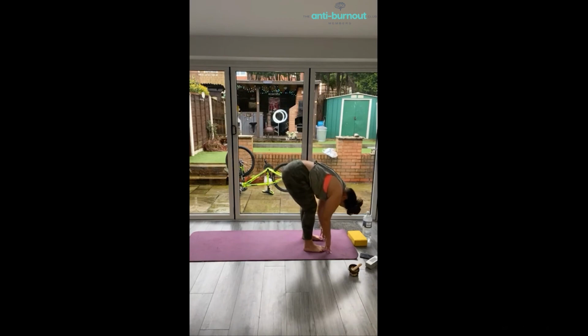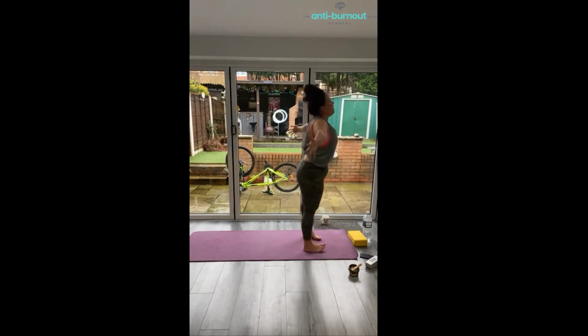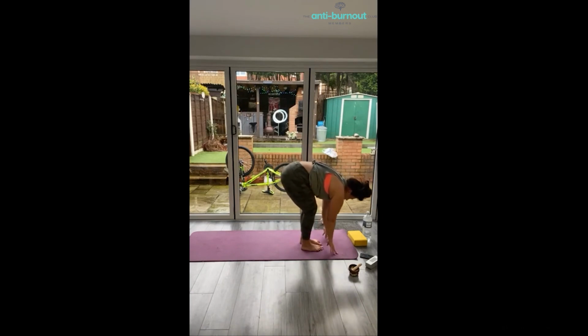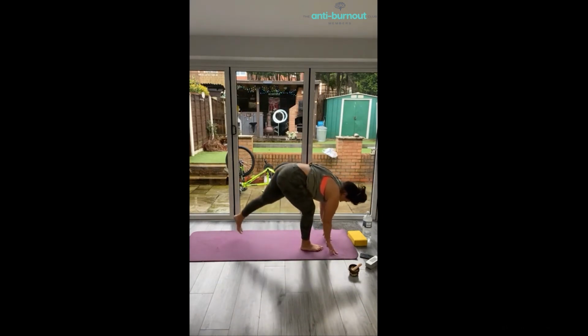Exhale, fold. Inhale, come all the way up, extended mountain pose. Bring your feet and your thighs together. Inhale, exhale, fold. Get ready for your vinyasa if you're regular to yoga, otherwise we're just going to take a step back and find